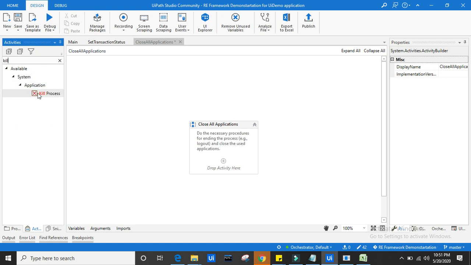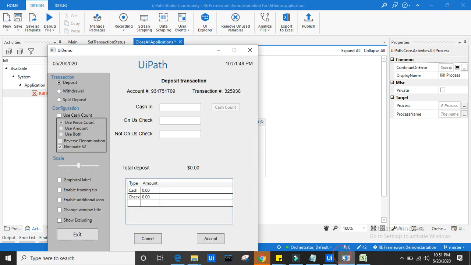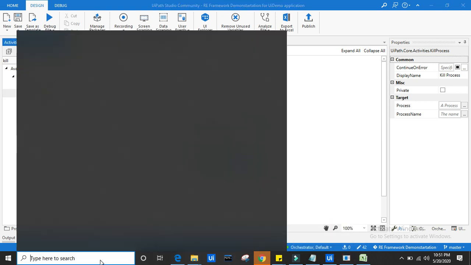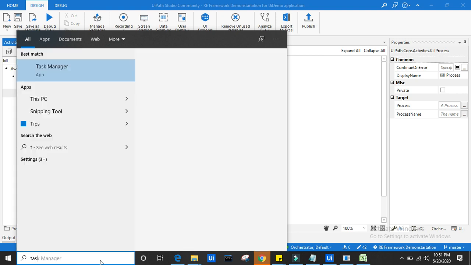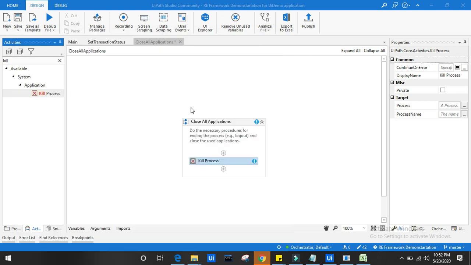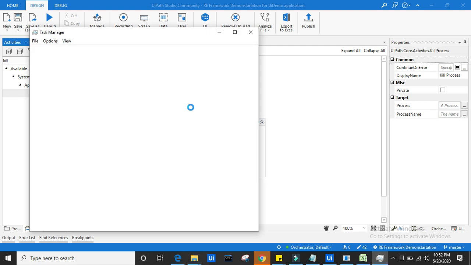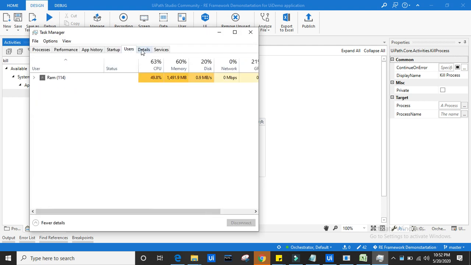kill process. Now what is the process name? How can I see the process name? Let me go to task manager. We'll see which tasks are running, if you want to kill something.